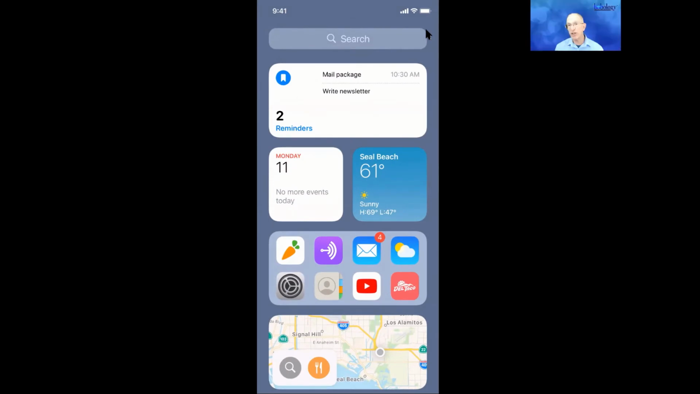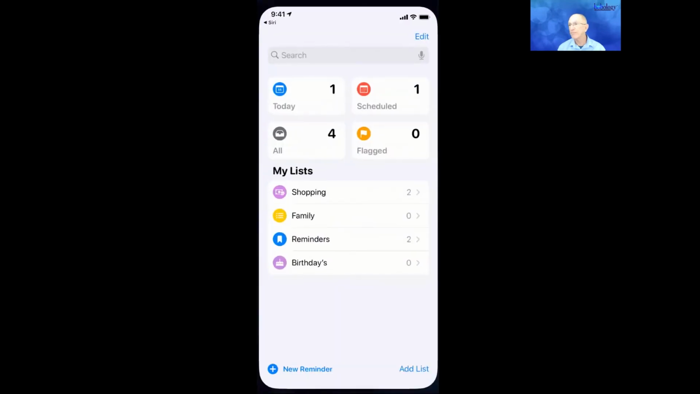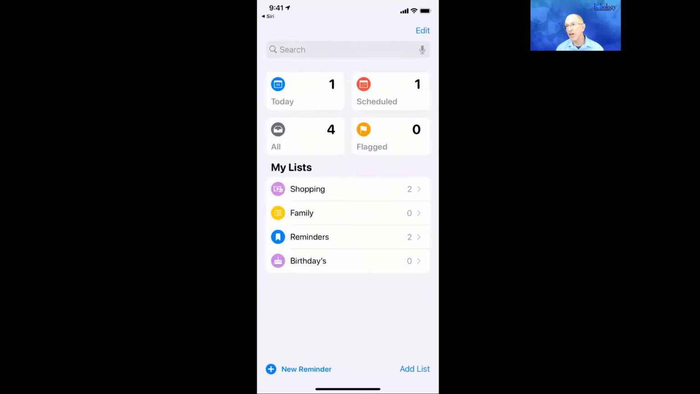Now, another trick, Adair, and this might be helpful, is if you're just on your home screen, you can ask Siri to open up something. You say, hey, Siri, open reminders. And you don't even have to tap anything. Okay. So well, I have reminders. So now,